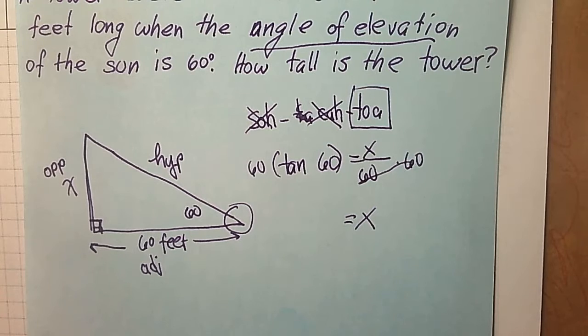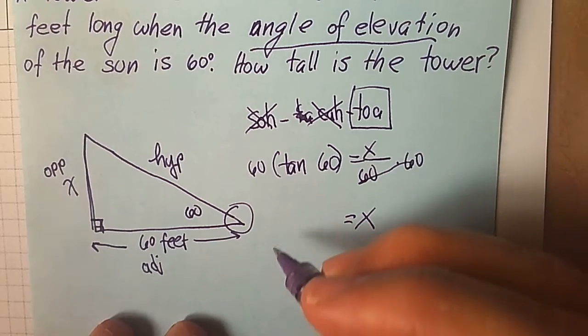Remember when you use a calculator, it has to be in degrees, not in radians. If you're using the Google calculator, when you start it, it's in radians. So change it to degrees, using the button at the bottom. And you plug in 60 times the tangent of 60. And the answer I got is